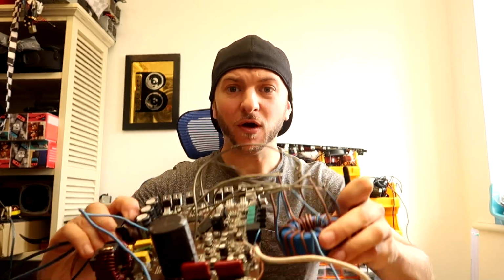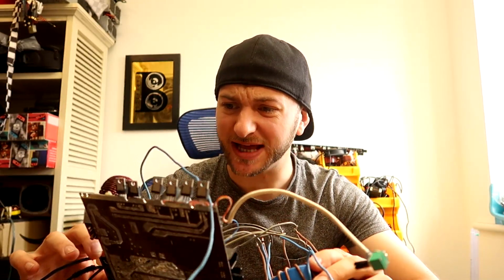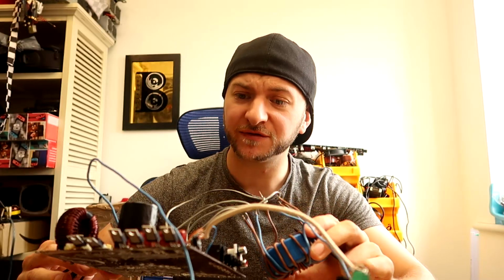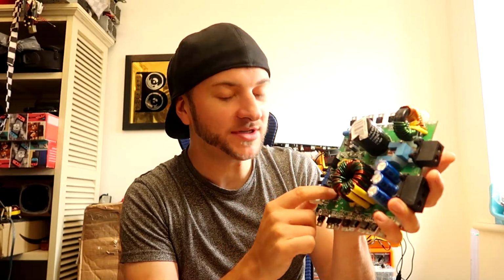voltage. They still rated this board as a 3000 watt RMS amplifier, knowing full well that actually it's not going to make the 3000 watts anymore because the rail voltage is too low. And again, if the lower rail voltage was deliberate, then why did they still use 200 volt parts like FETs and stuff? They could have used some 150 volt parts, which would have yielded better capacitors and higher current, lower RDS MOSFETs. Anyway, let's just power up the TARAMPS board and take a look at what voltage we have